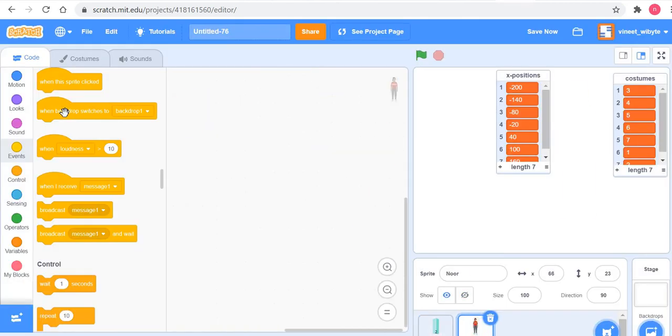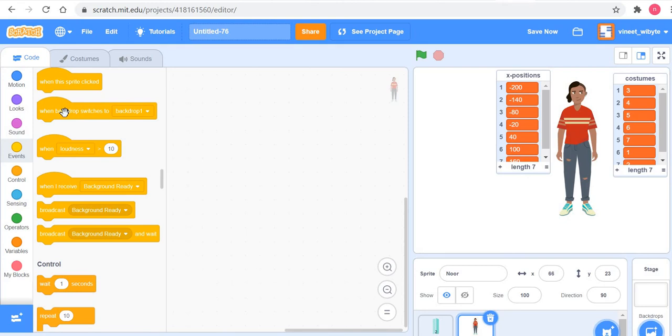Doesn't matter, you can fix all of that provided the code is robust and solid. Okay, so now I've added Noor as a sprite, right? And what Noor is going to do is visit these buildings once the buildings are ready. Obviously the buildings must be up there before Noor can start anything, right?